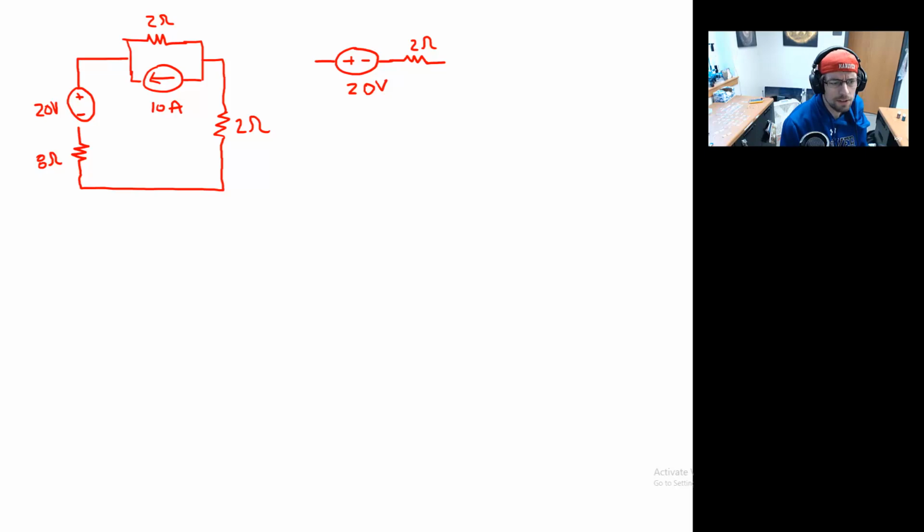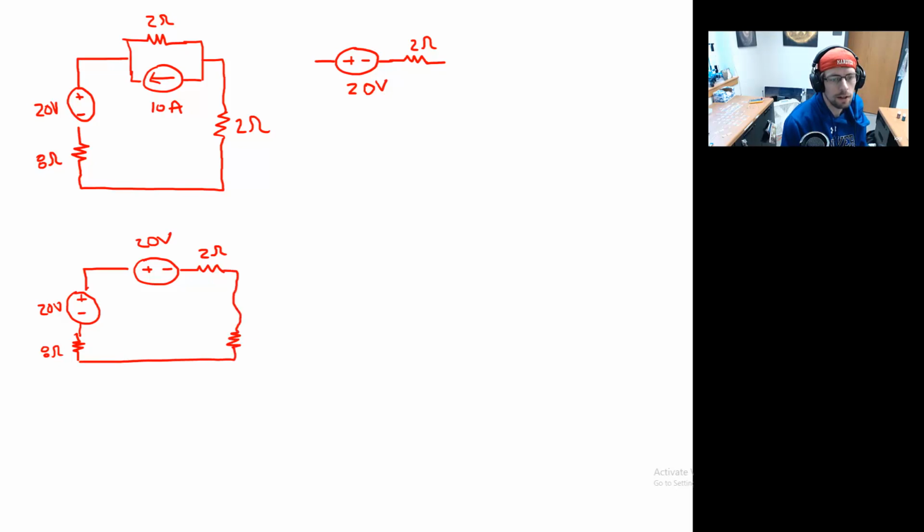Well, now you probably see the interesting piece. I have my 8 ohm resistor. We'll draw this in. I have my 20 volt supply, which is directly connected to a 20 volt supply and a 2 ohm resistor. And keep in mind that 2 ohm resistor is different than the one that we're actually trying to analyze as the load. Right, that one's here in the lower right-hand corner. And last but not least,